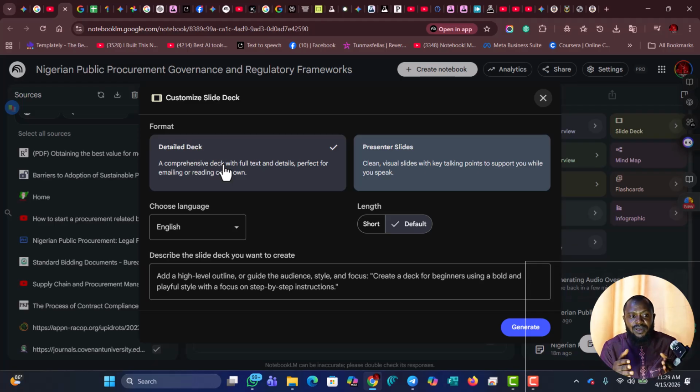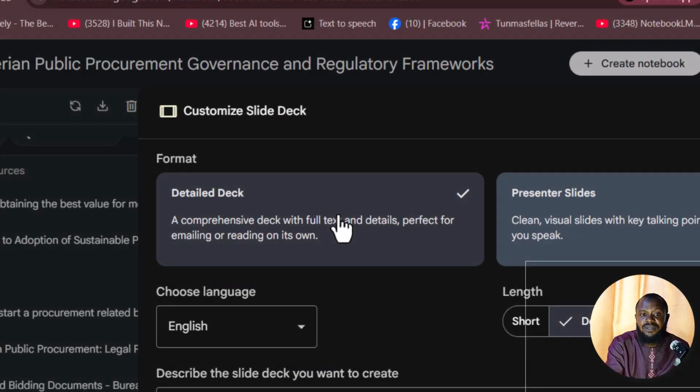So it's going to guide you through what to do. Another one is the presenter slide. Means it will just be key points to the point. So you can pick anyone you want from here. So let's say I like picking this detailed deck because I like the design. So you can pick short or pick default. So anyhow,